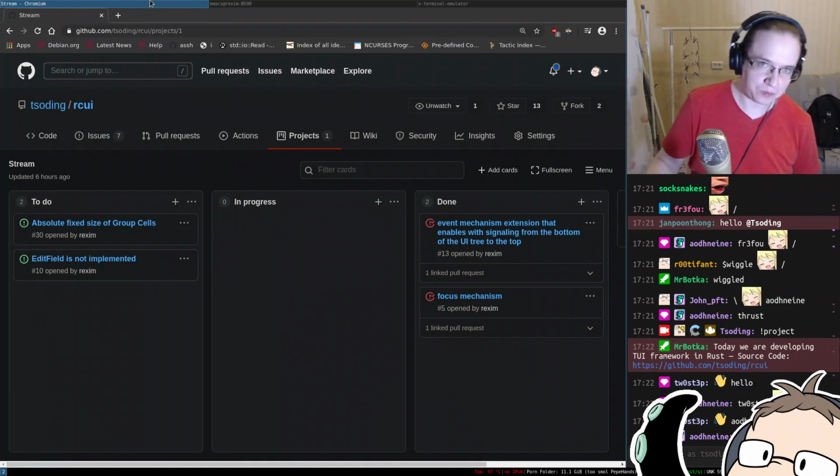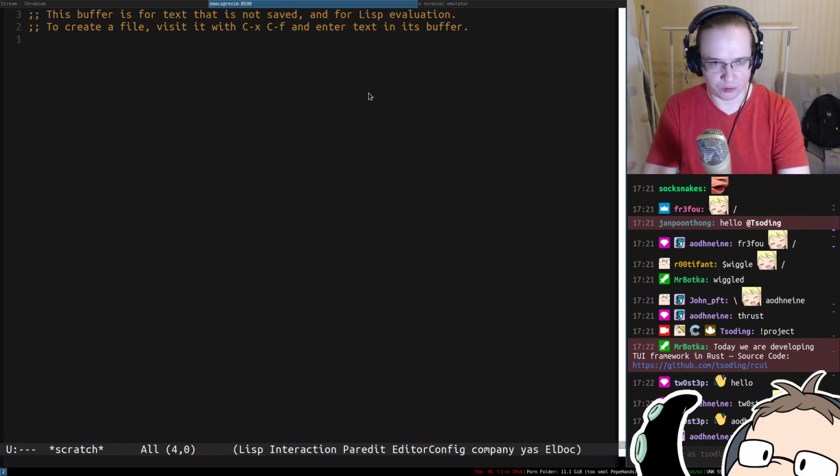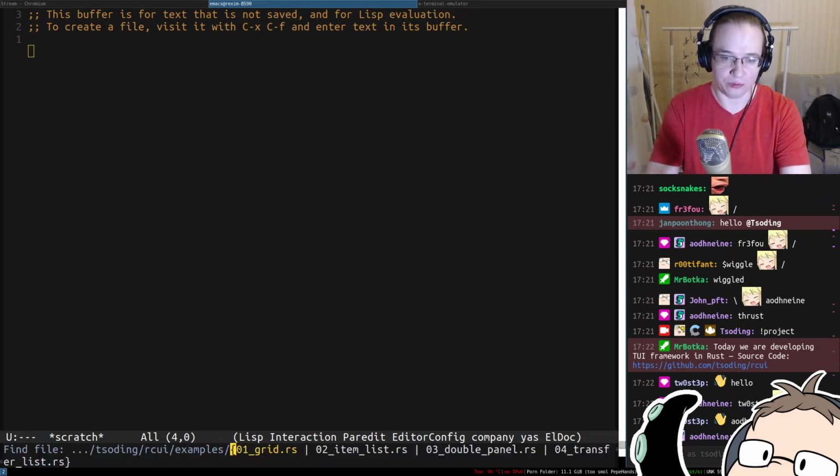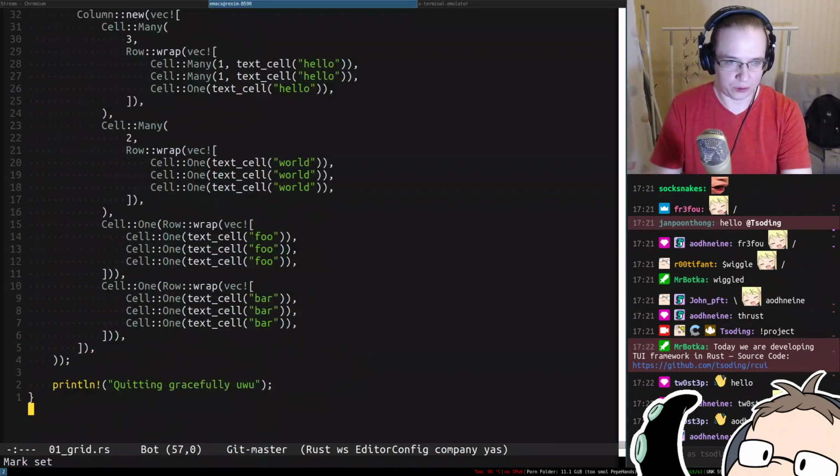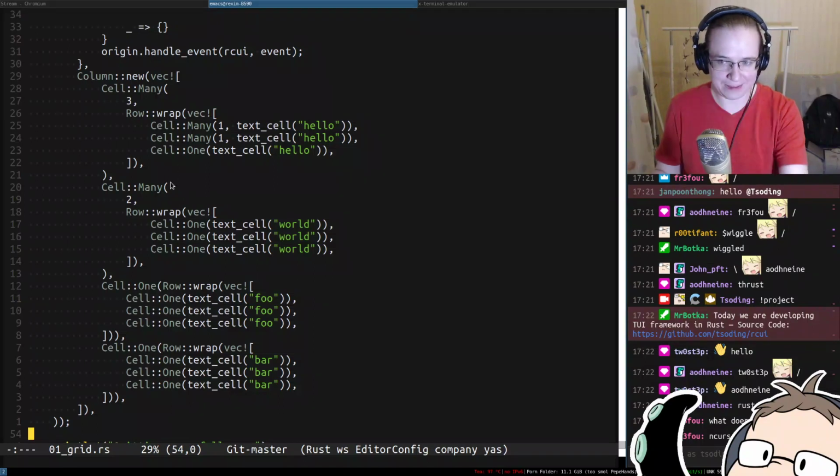So essentially, we have a notion of rows and columns, right? So, for example, the grid example is essentially